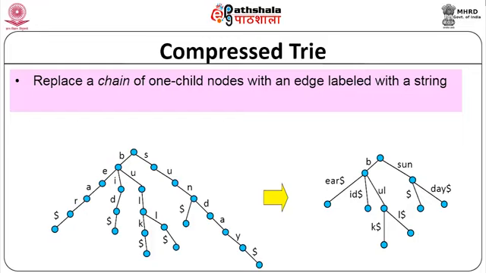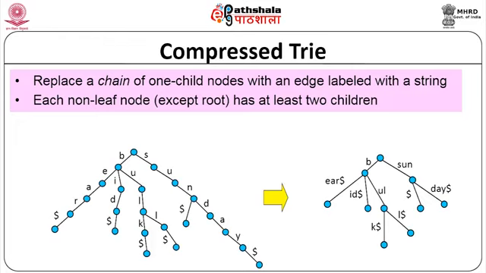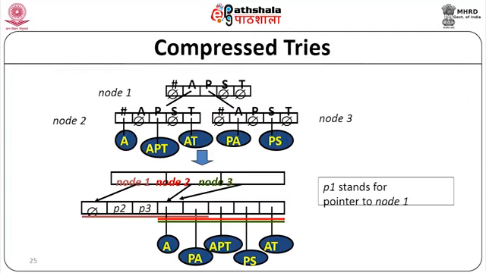So here what we are doing is, when there is one child, you do not go and represent it as a multi-way path. You represent it by the string itself. So each non-leaf node except the root will have at least 2 children. That is the only condition that we have here. So we do not have a one-child node at all. We ensure by the organization of the trie that we have at least 2 children. So this is another example of the trie where we have taken words. P1 stands for the pointer to another node. So node 1, node 2, node 3 we have. So now we have compressed it where we have only 1 letters.